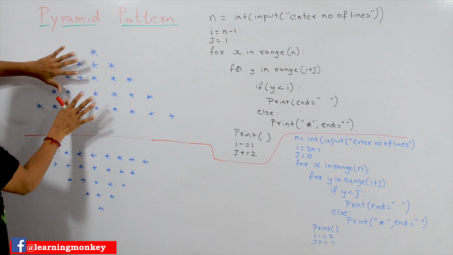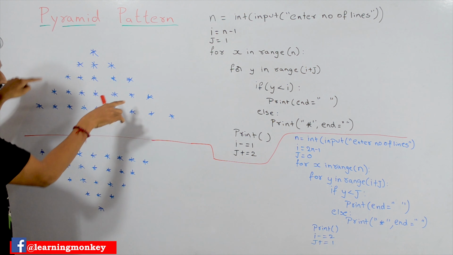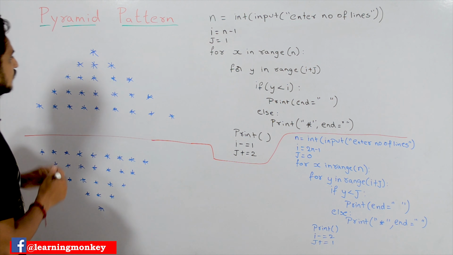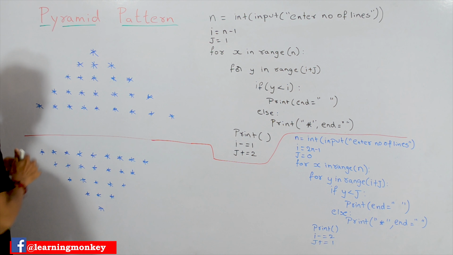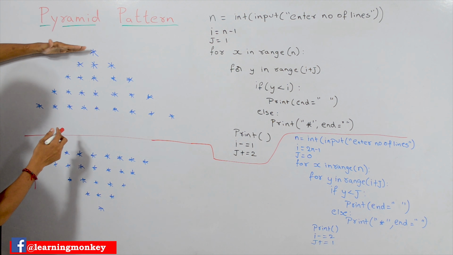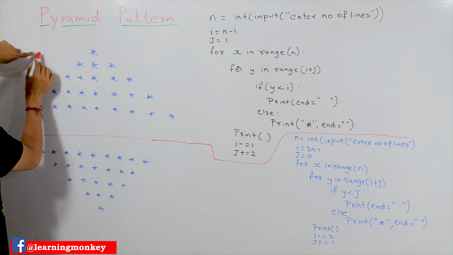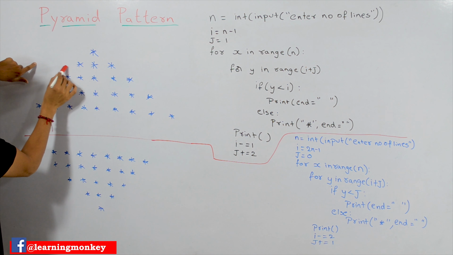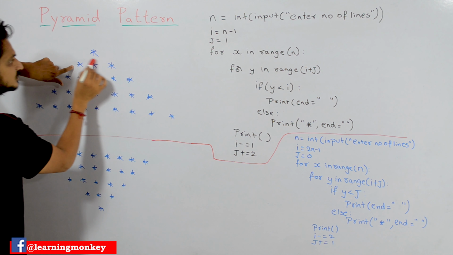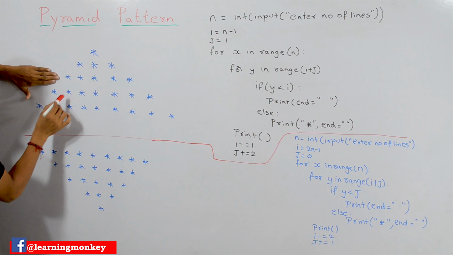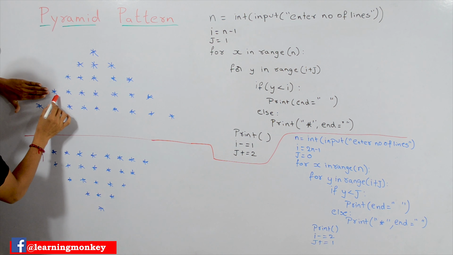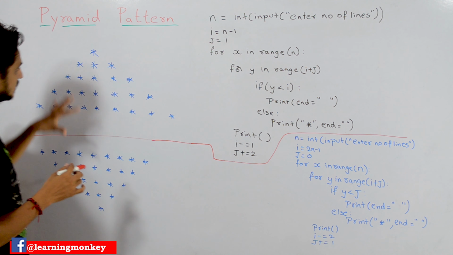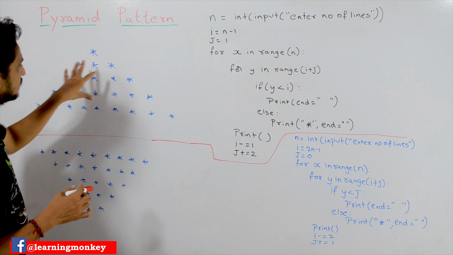How to identify the logic and how to put this problem into coding, we will understand by analyzing this diagram. What did we observe from looking at this diagram? In the first line we have displayed some spaces and 1 star. In the second line some spaces and 3 stars. In the third line some spaces and 5 stars. Fourth line some spaces and 7 stars. Next 9 stars, no space. That is what we observed by looking at this pyramid shape.